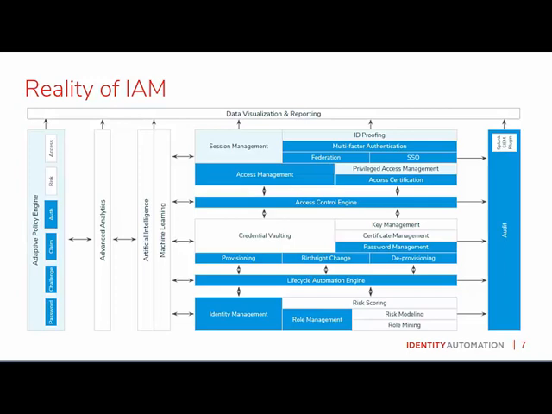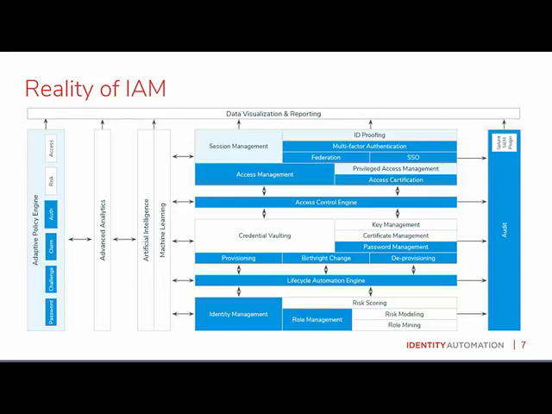From a preventative perspective, if you look at the left-hand side, these are the capabilities that an organization can put in place to make sure they're governing by policy, right? To effectively assure that users are who they say they are and control what they use and do, all to minimize risk and assure that the right people have the right accesses to the right information at the right time. Now, if we move just a little bit to the right from there, we can leverage analytics, artificial intelligence, and machine learning to enable the system to automatically adapt to changes and anomalous behavior in real time.